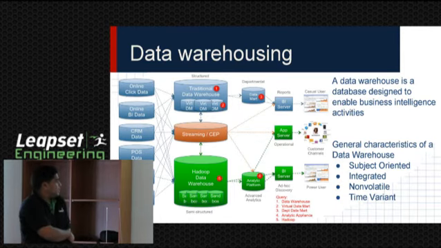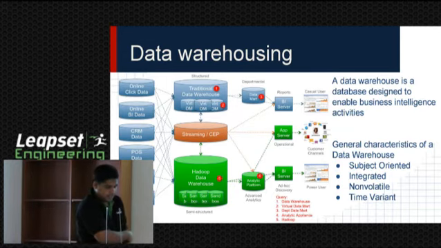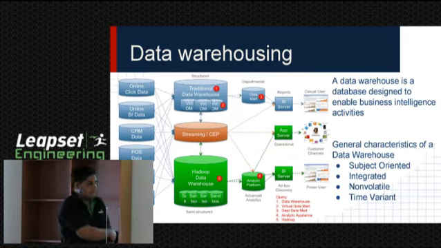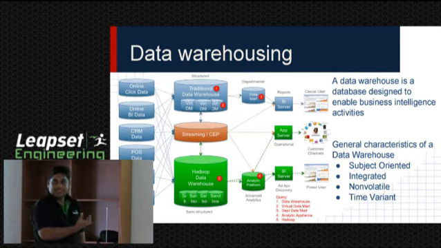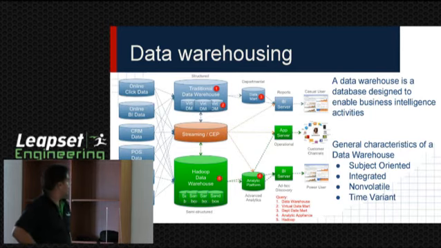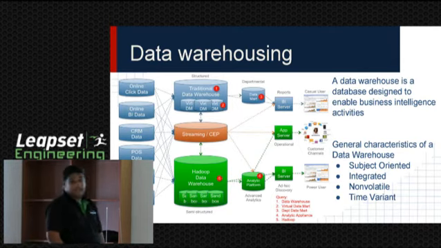So from a general point of view, a data warehouse should be subject oriented. That means, see, this is the question: which is the fast moving food item in California consumed by male professionals in the last 3 months? This is one of the business fields. So that is the subject. To answer this one, we have to collect all the data, or integrate all the data, and we have to define our data warehouse structure to cater to this kind of subject. So a data warehouse should be subject oriented, but don't forget that.